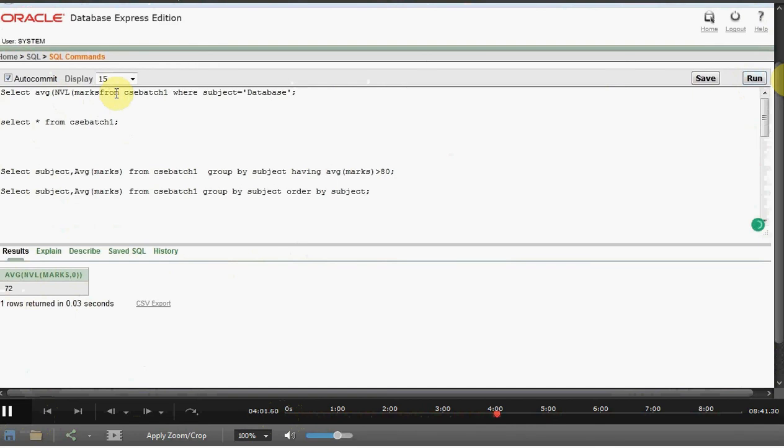Now that is where we discuss about the new class called group by class. You've already studied about select class, from class, where class, and this group by class is to calculate the group function based on particular group. Now what is the group you want to find out? Based on what do you want to find out the average marks? You want to find out the average marks based on the subject. So here you give group by subject.